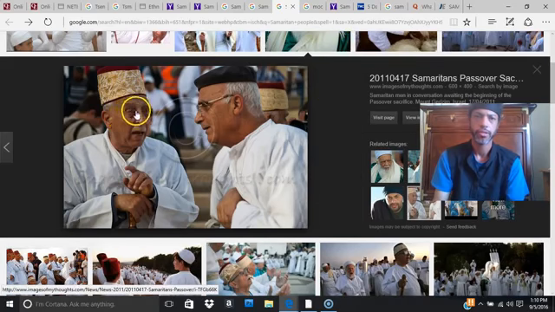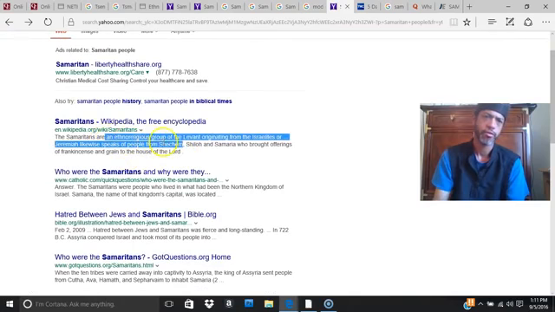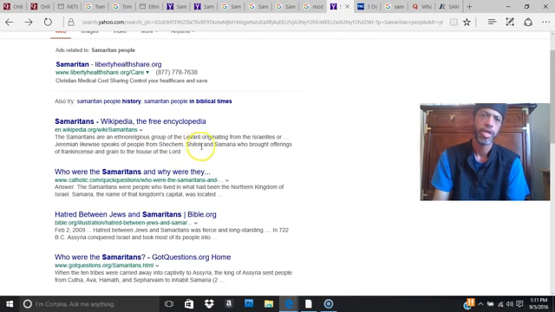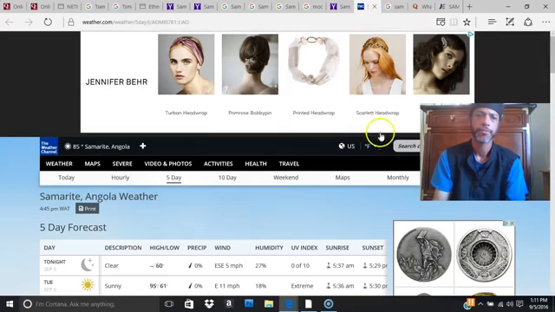So you see the bird, the unique nose, you know, looks like the bird. All right, so let's go further into this. We can type in Samaritan people, because that's what it gave you, and it says ethnic groups living in Levant originating from the Israelite or blah blah blah, and then starts talking about Jeremiah likewise speaks of people from Shechem, Shiloh, and Samaria who brought offerings of frankincense to the house of the Lord. So this one talks about who are the Samaritans, and things of that nature. Now, here is where the trick is.